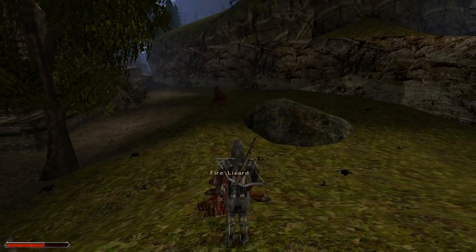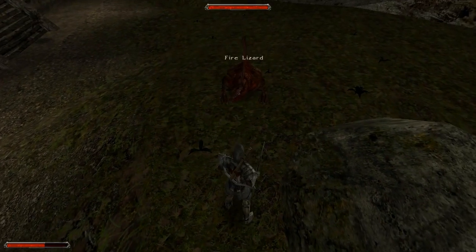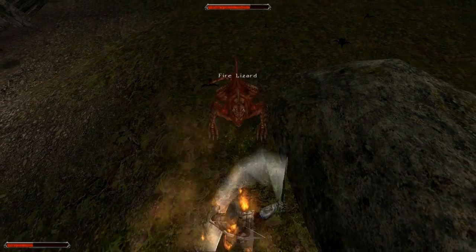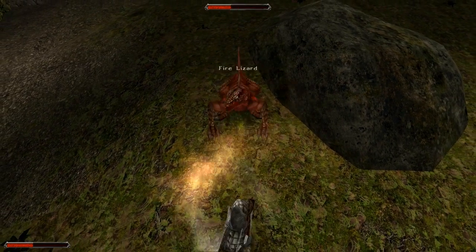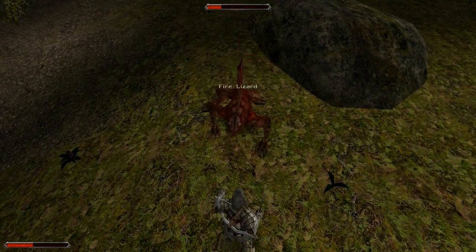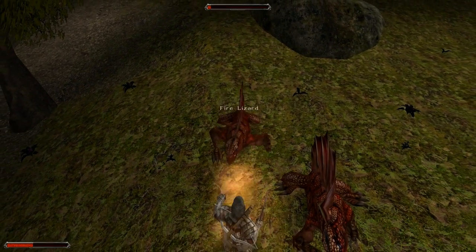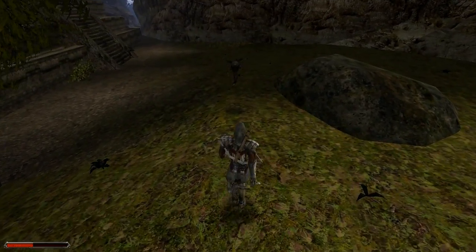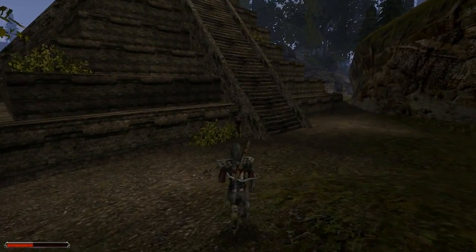There we go, fire lizard number 1. And let's get number 2. Oh, dude! Stop doing this. I hate when they do that, they don't do their normal pattern. And then I get a little bit scared because they still do a huge amount of damage. But they die pretty easily, so...